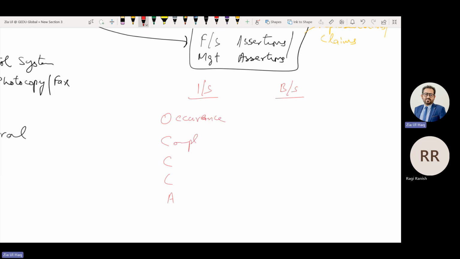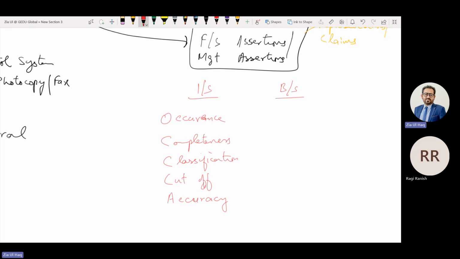C stands for completeness. C stands for classification. C stands for cutoff. A stands for accuracy. Occurrence, completeness, classification, cutoff, accuracy.